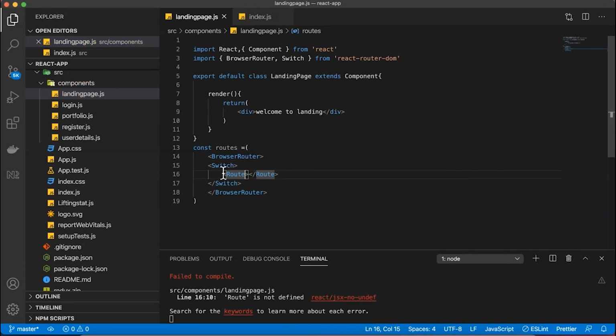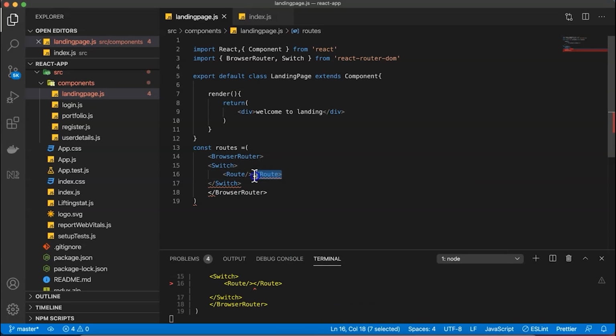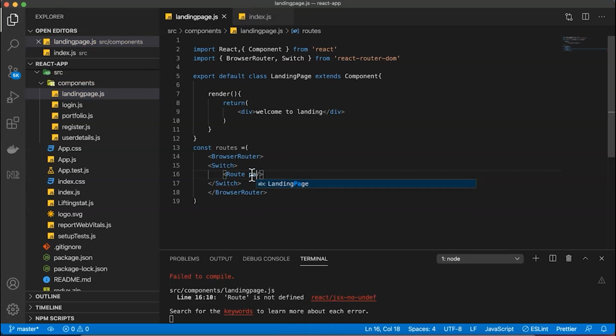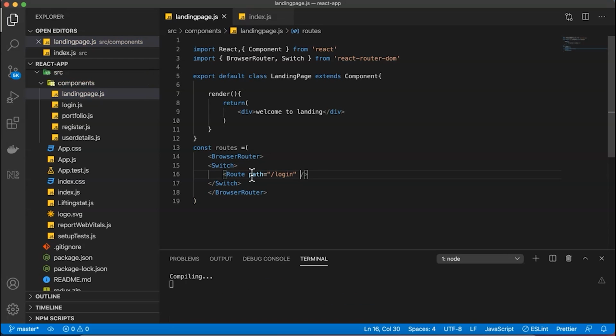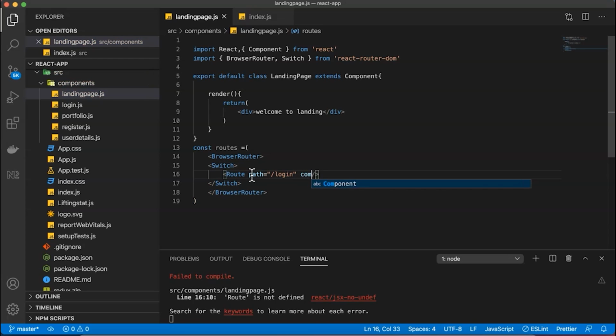With this Route we would like to give the navigation path. We say path equal to login. Then which component do I want to launch? We can say component equal to,